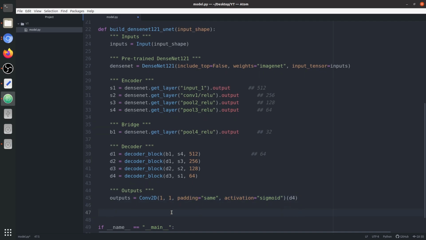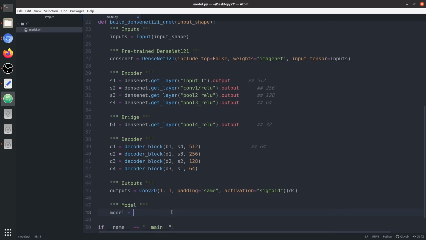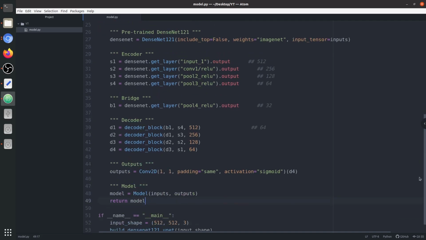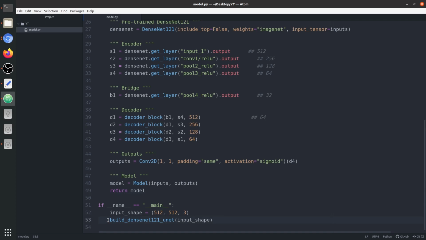Now we're going to create our model. Model is equal to model, which takes inputs and outputs, and we're going to return model. So our architecture is ready. We're going to print its summary.